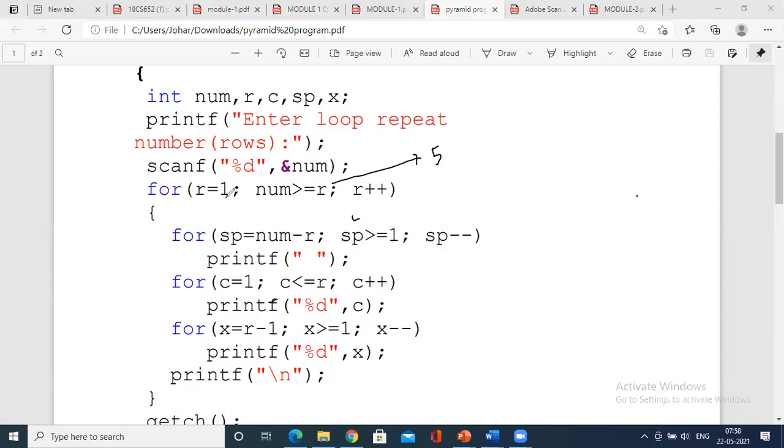This is for the rows. For the first row, is 1 less than or equal to 5? Yes. So I enter into the rows.